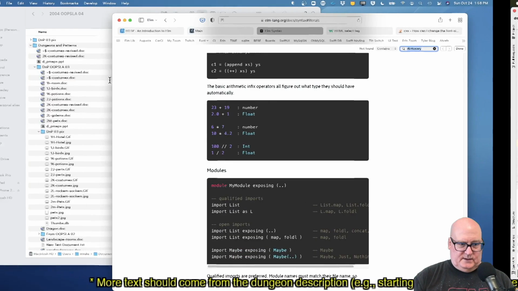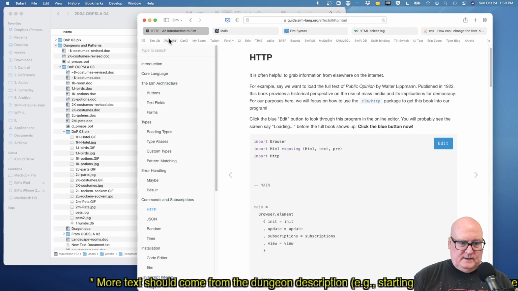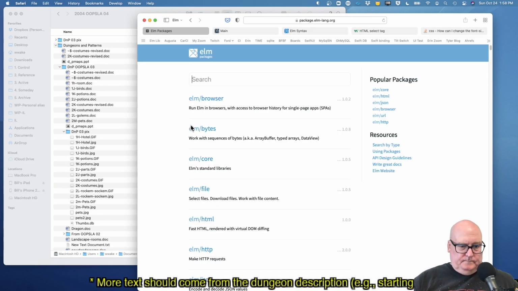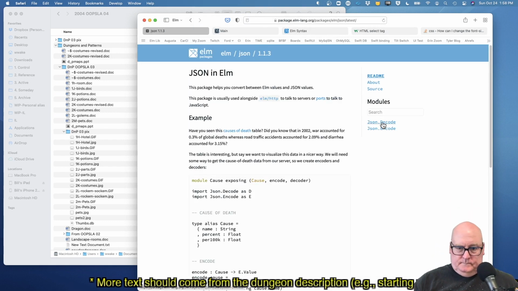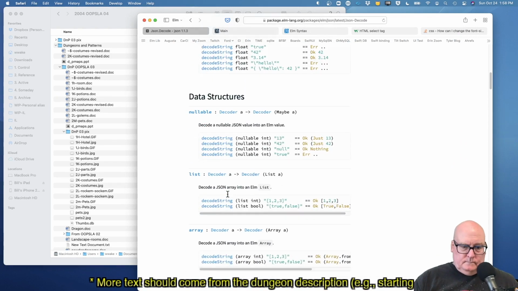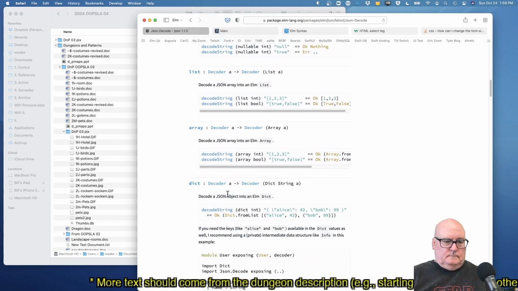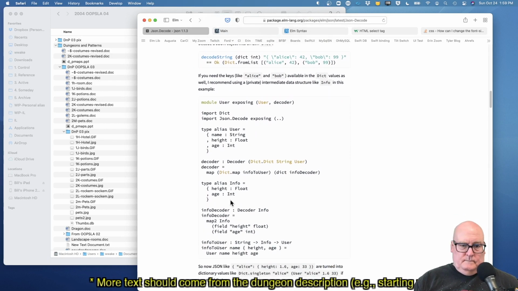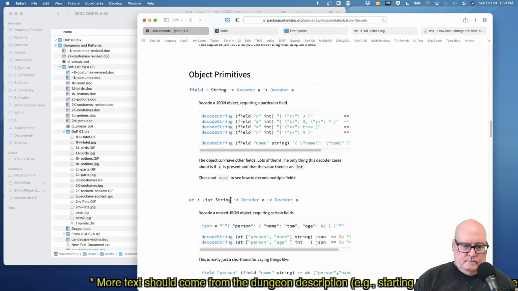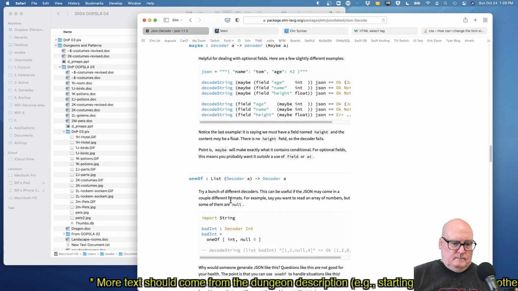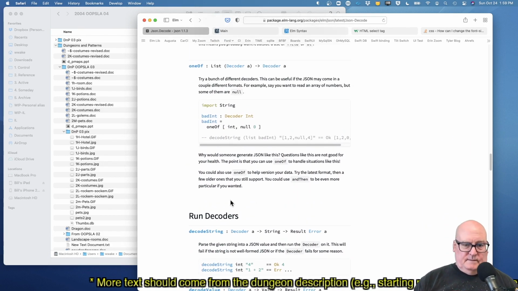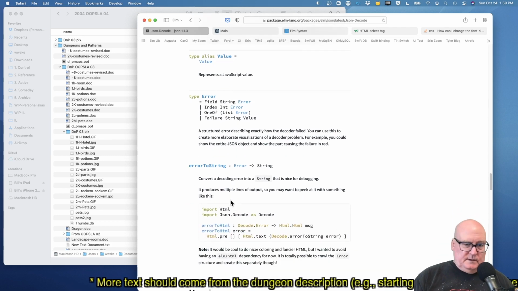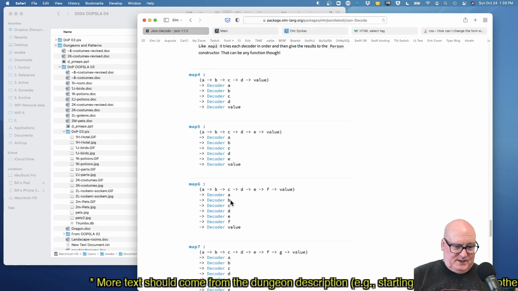Let's look at JSON.decode. One of. Now it's funny, I really would like an ignore mapper or decoder.